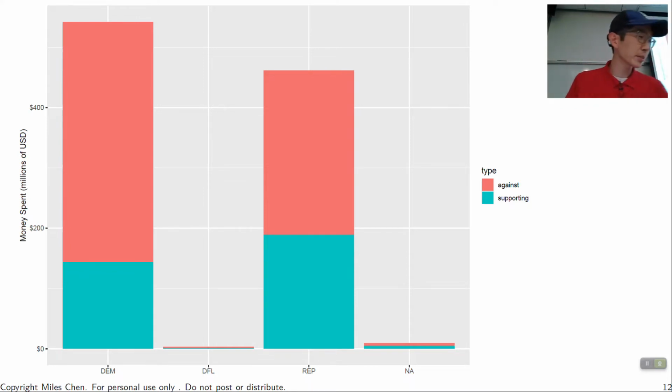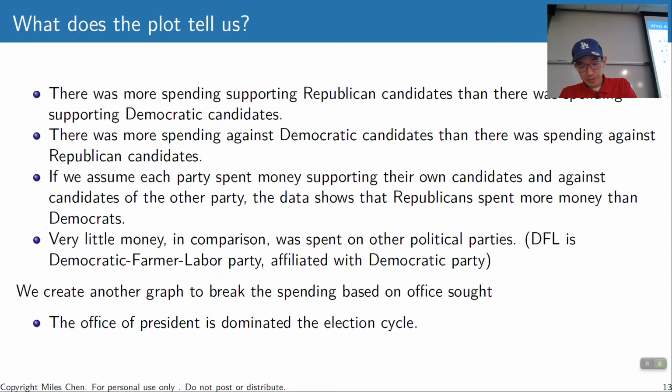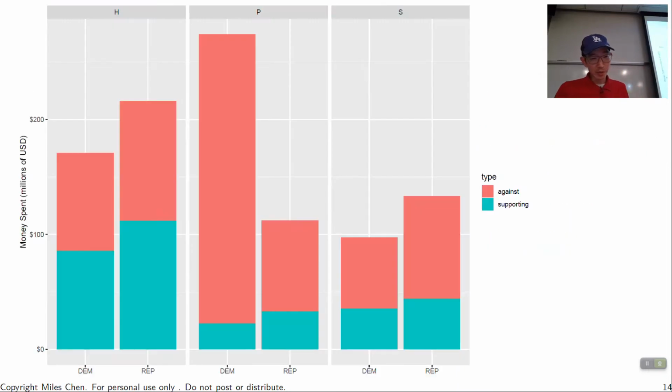And we can ask, what if we split this up, versus looking at the entire party as a whole? What if we just looked at the office of president or senator or Congress, I guess, representative or something like that, okay? And so here we have H for House of Representatives, P for president, and S for Senate. And we see some...